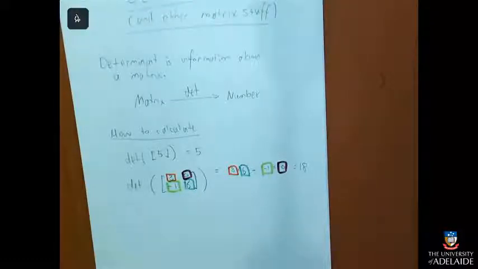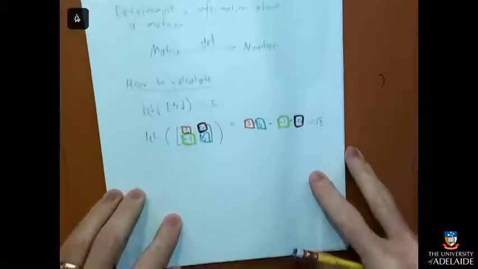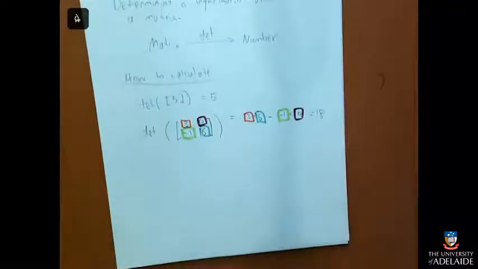A lot of people, if they learn matrices at school, I didn't learn matrices at school, I only learned them at university. A lot of people who learn matrices at school learn a fancy trick for doing determinants of 3 by 3 matrices. I don't find it worth trying to remember that fancy trick because I have other methods. If you happen to know the trick for 3 by 3, more power to you, but I'm not going to tell you now. To find the determinant of any bigger matrix, you create it out of smaller determinants.